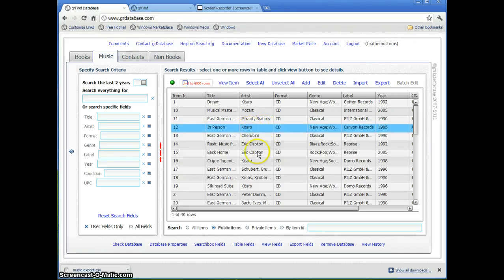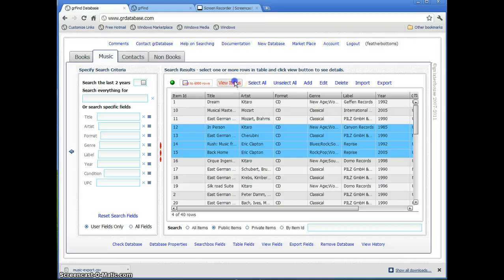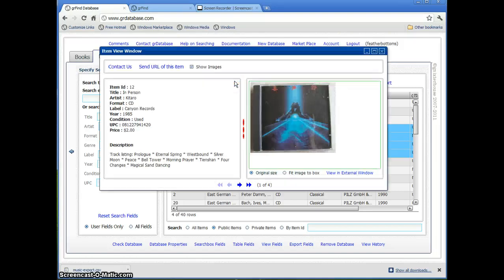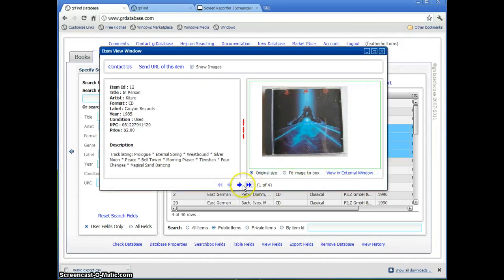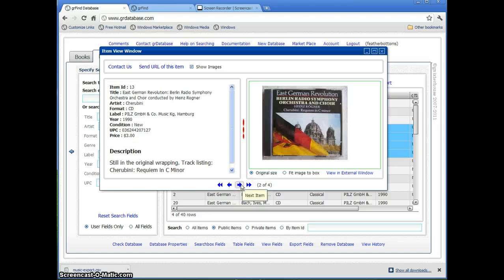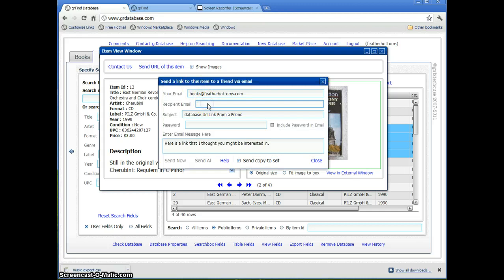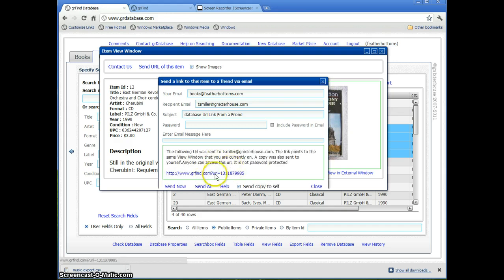If you have a set of books and you say select, view these items. Now say somebody would be interested in these four books, my Aunt Myrtle or somebody. So you can say send this URL to somebody. And here I'm going to send it to me. And I'm going to say send all. What this does is create a link that when Aunt Myrtle gets this in her email, if she clicks on this link, which we're fixing to do, I'll show you,